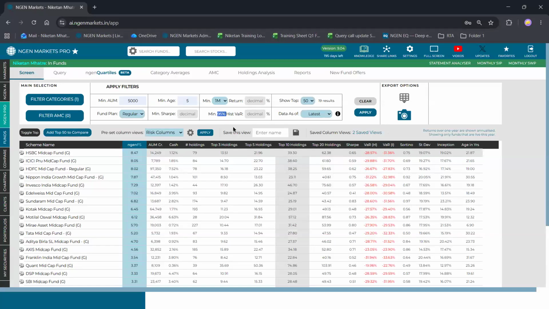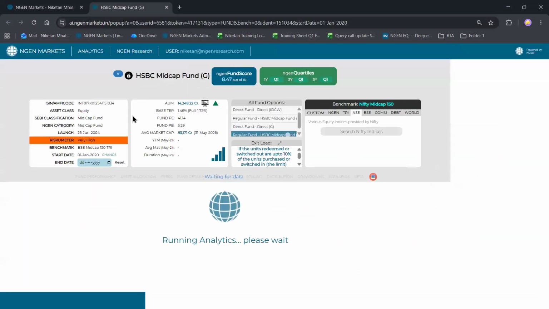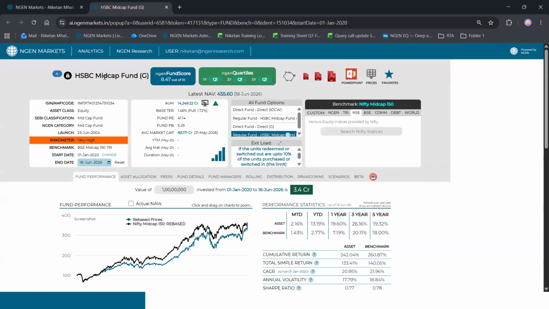To get detailed information for this value at risk, you can open up a single fund analysis. Let's say we click on this HSBC mid cap fund. This will open up the single fund analysis page, where you can see the details for this fund: basic details like its ISIN and AMFI code, its SEBI classification, and its respective benchmark. Previously in the Screener tab there was no option to select a date, but here we have given this feature to select your start date, through which you can select your own time period. If we click on this change button,